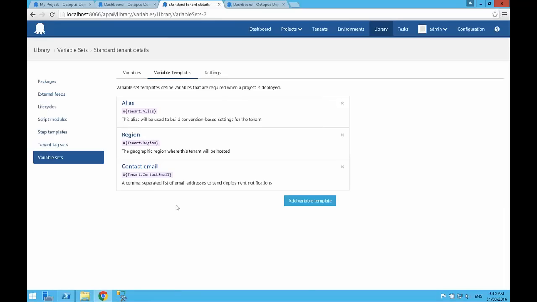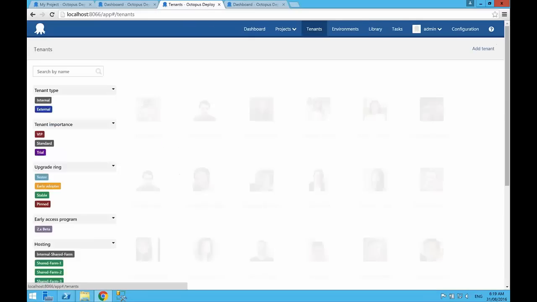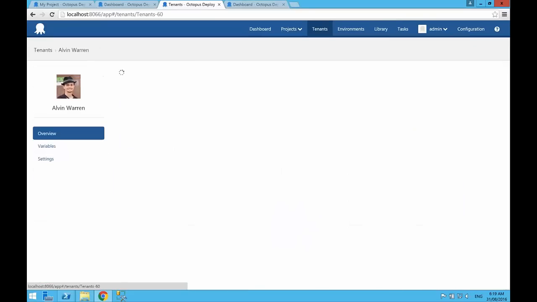And the idea behind this is that you can create a custom field for your tenants where we have a constant value that's shared amongst all of the projects and environments the tenant will be deployed into. And so here we've created one called tenant.alias. We can also choose the region that they're going to be deployed into because this is a cloud-hosted app, or create a contact email. And so if we zip across to the tenant space, and look at somebody like Alvin